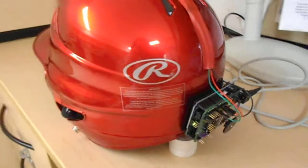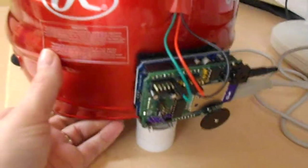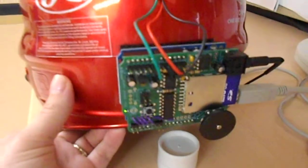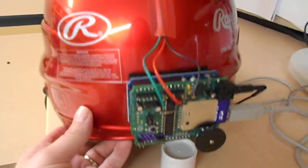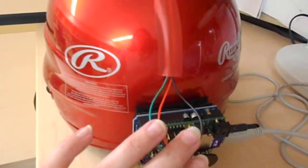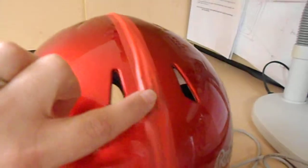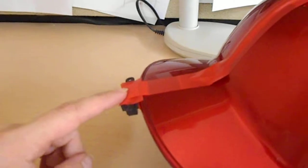Back here is where I have most of the hardware. You can see the Arduino is there underneath the wave shield, and my SD card that's in there that has the audio files. Then these wires that are coming out of the top here, these just go right along the top of the helmet. I just used red electrical tape to kind of hide it so that you can't see it as easily. And that goes all the way to the front here, and at the bill is the motion